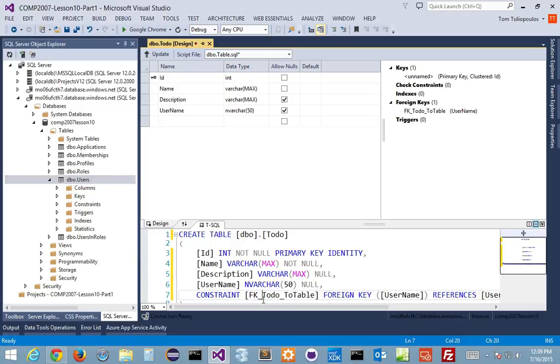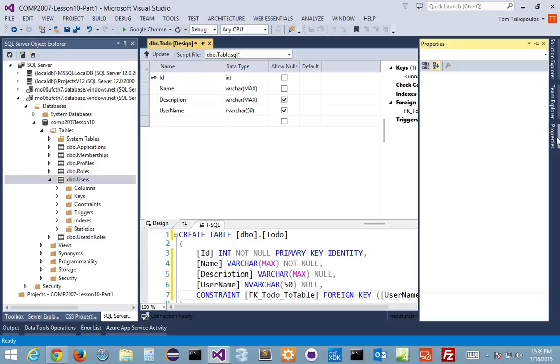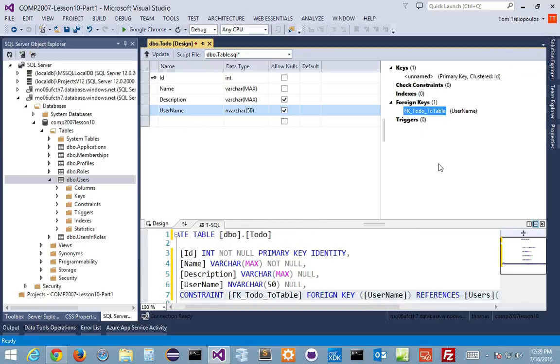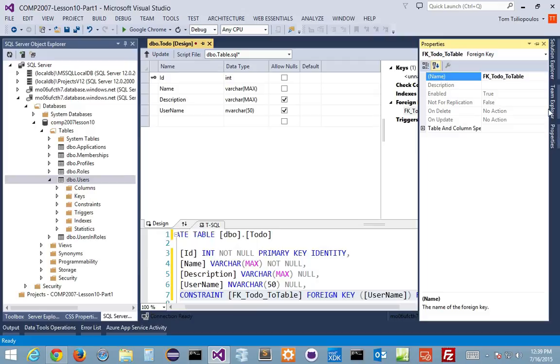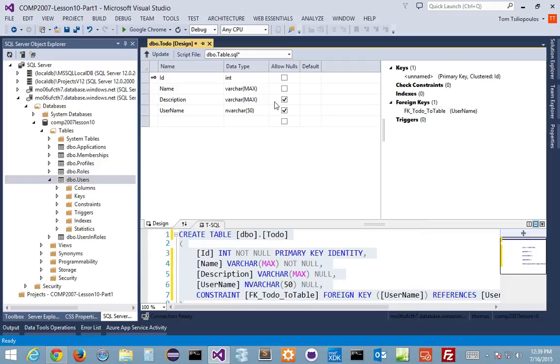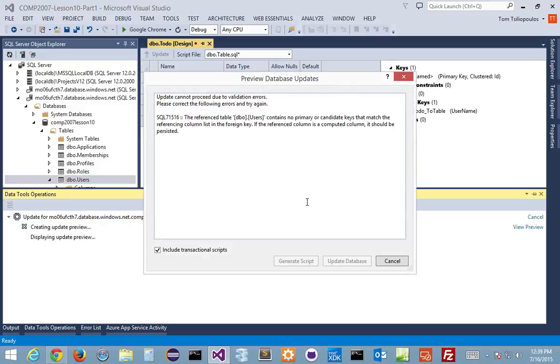If I go to my properties for this one, this is the name, FK to do table. That's what my constraint is. That's my foreign key. Okay, so let's leave it alone. Let's see what happens. So I want to update now my script if I've done things correctly. And it says, hey, look at this. It says the reference table DBO users contains no primary or candidate keys that match the